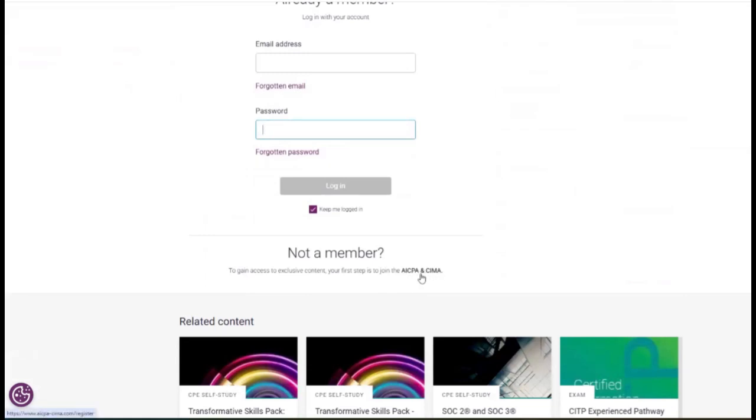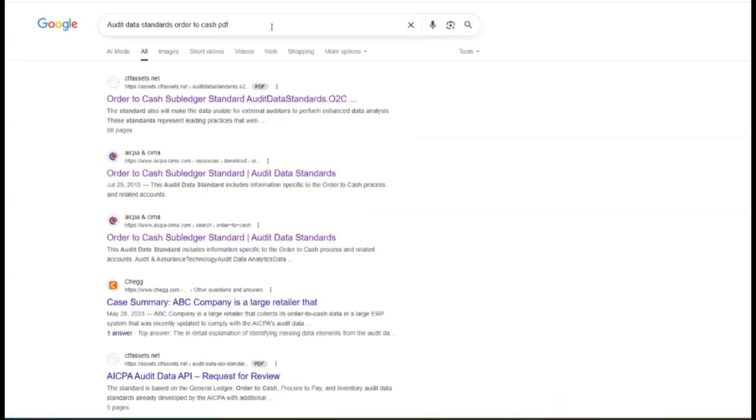So when you register to be an AICPA or CIMA member, you could register as a non-CPA. There's an option there that will ask you if you are a CPA. Basically say no if you are not a CPA, and then that eventually registers you. You could skip some of the questions that it will be asking you,